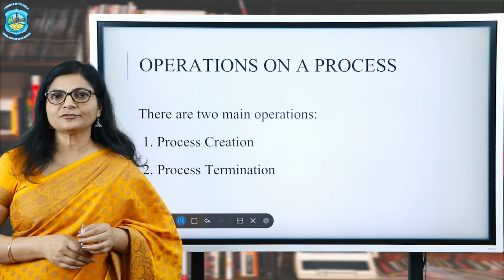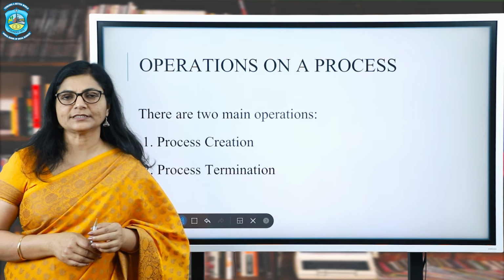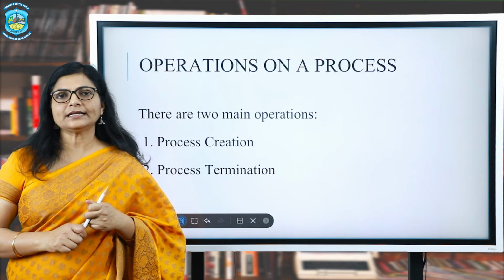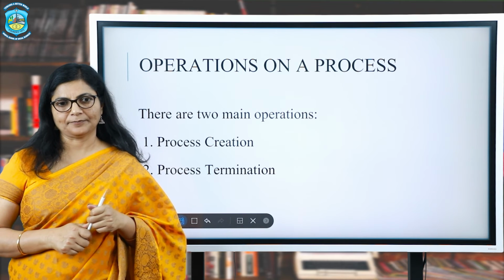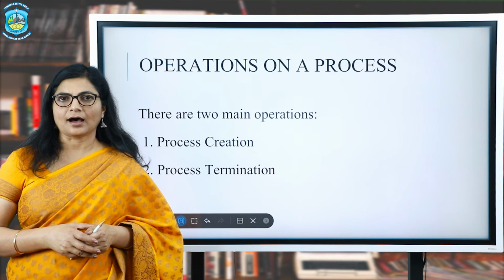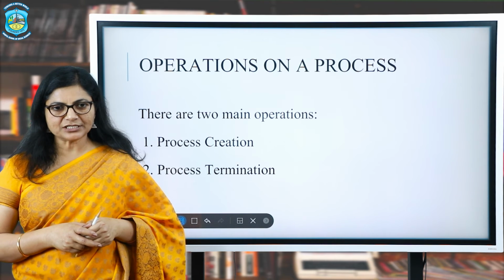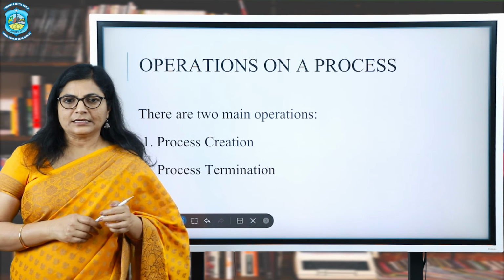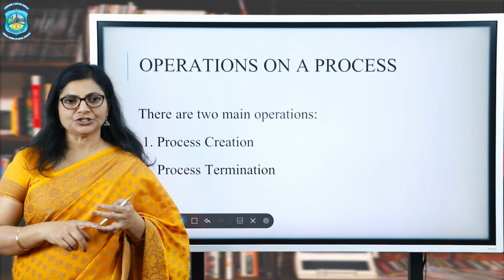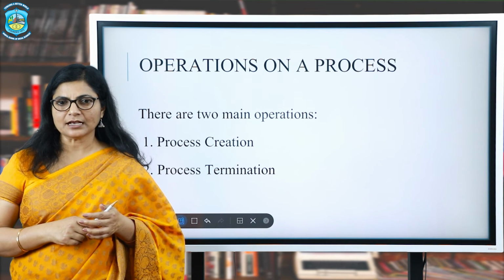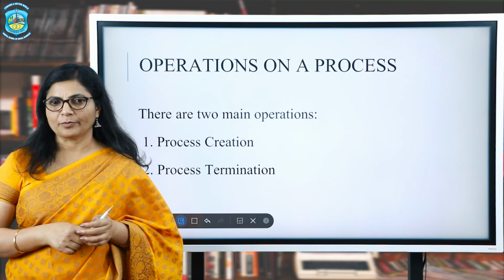This is a type of pseudo-parallel processing and is also known as concurrent sequential processing. In a true parallel system, many CPUs are there. Various operations that can be done on processes are creation, termination, running a process, changing process priority, setting process information,